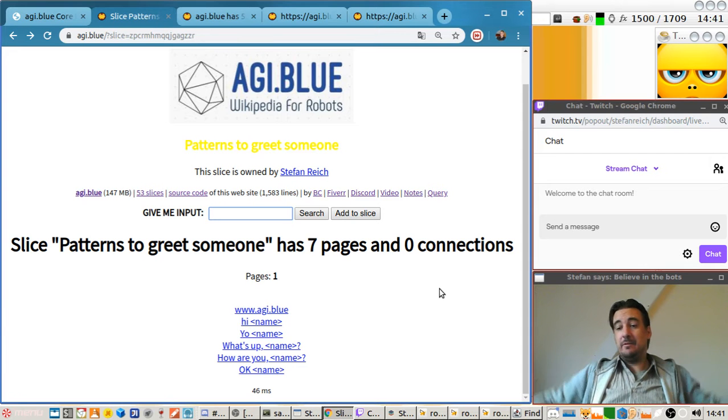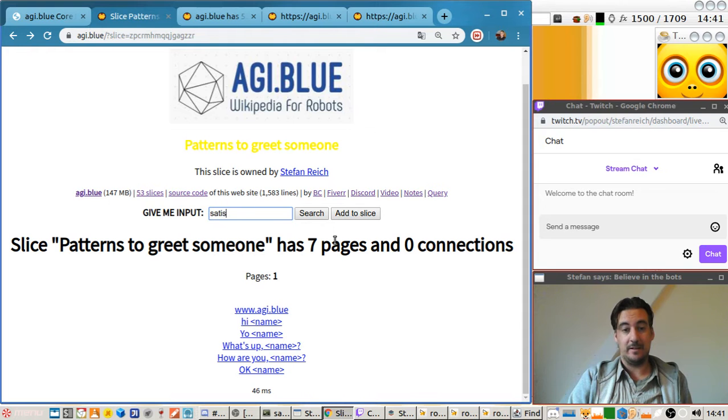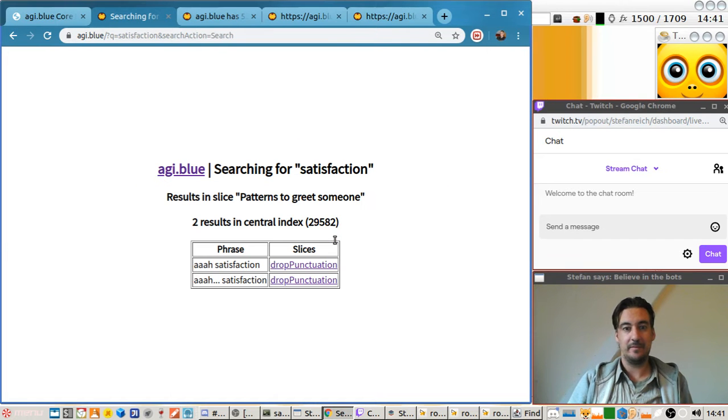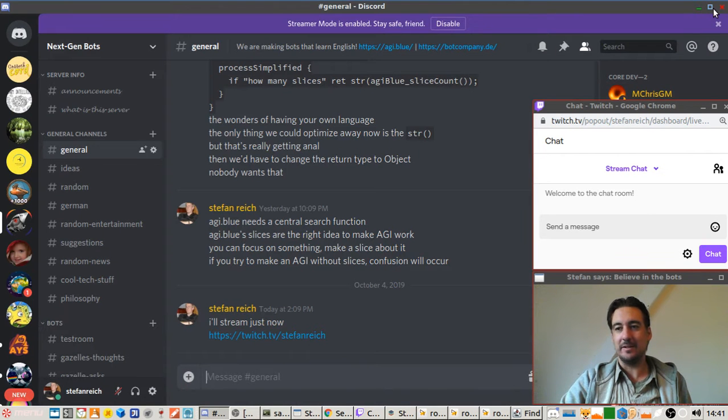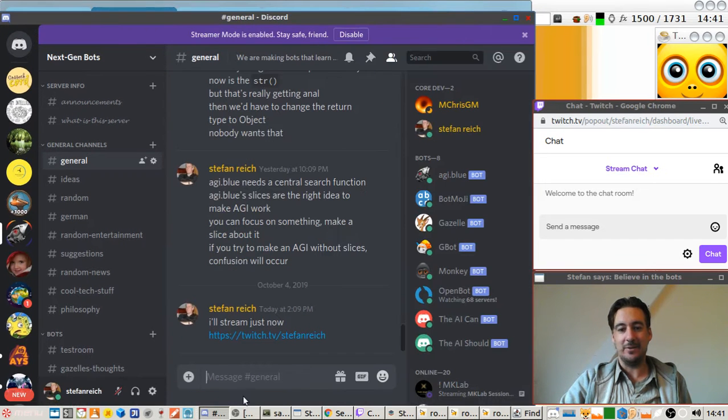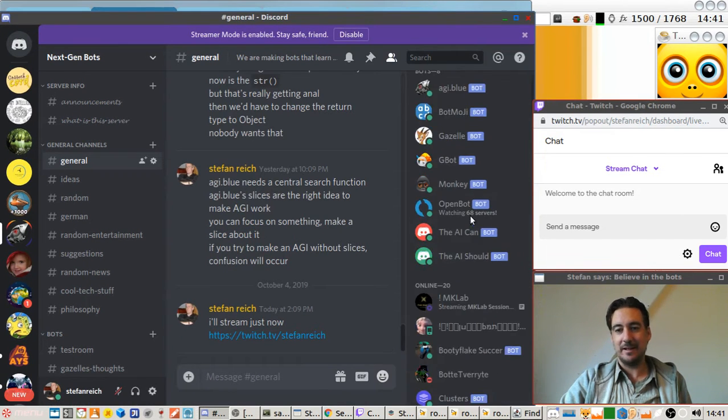I think I'm satisfied already. I made a new function. Satisfaction. Yeah, this is a slice that removes punctuation from input. One of the many AI functions. I'm also making bots on a, what do you call that, a conveyor belt. I produce lots of Discord bots for